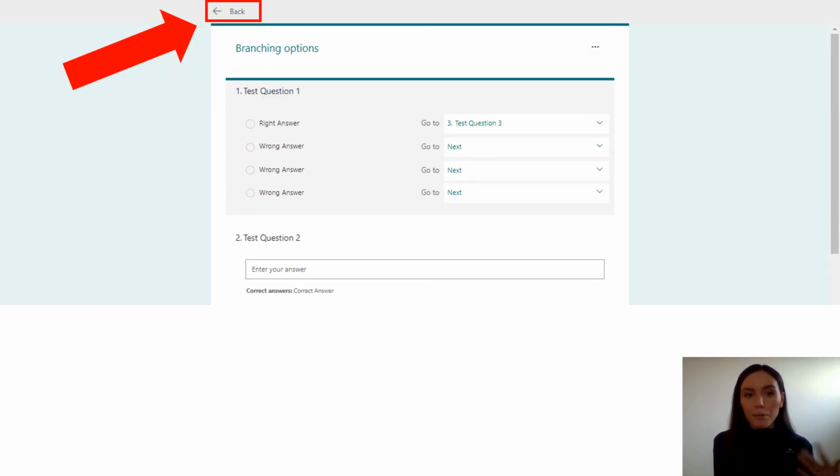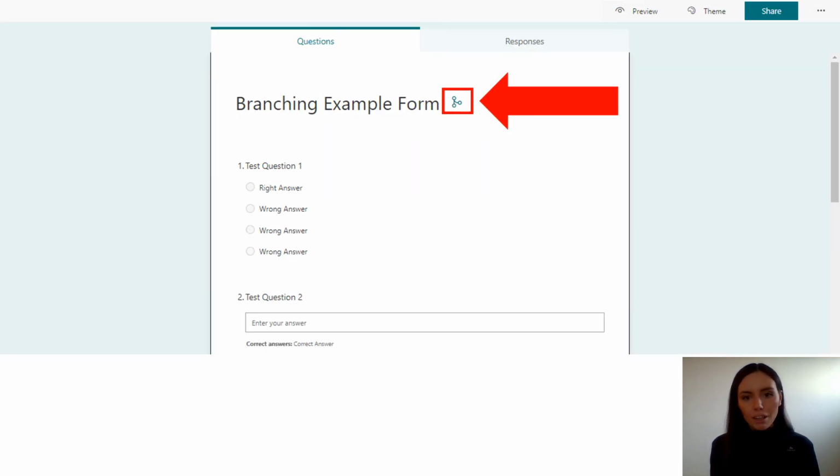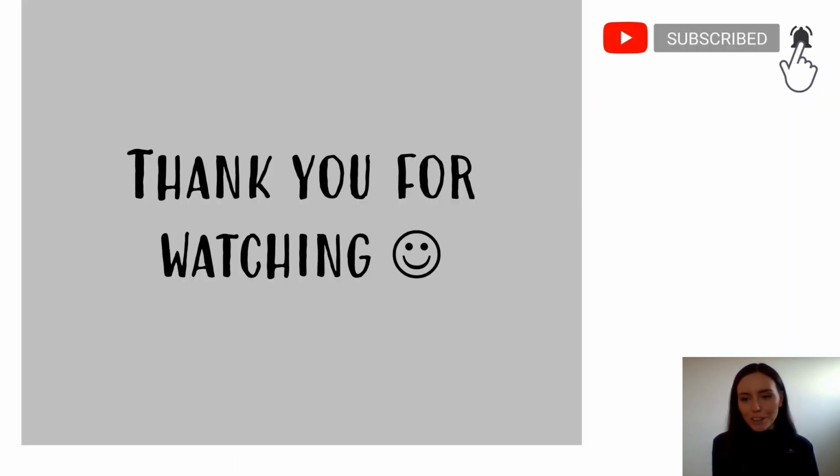Once you have finished going through each answer and deciding which question it leads on to next, you can just click the back button and it will all save for you. Once you have gone back, what you will notice is that next to your title for your form, there'll be a little symbol, and that will be an indicator to you that the branching feature has been enabled on your Microsoft Form quiz. That then marks the end of this tutorial on how to use the branching feature on